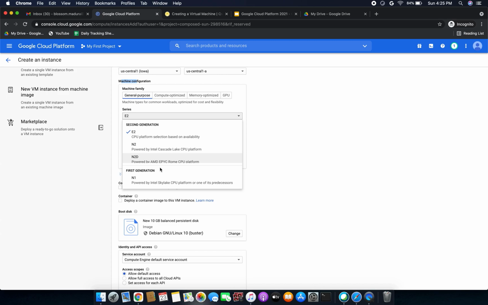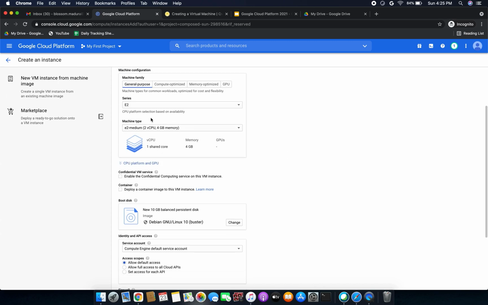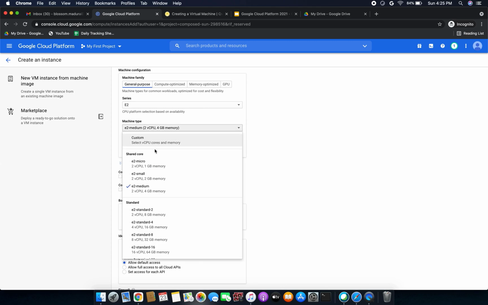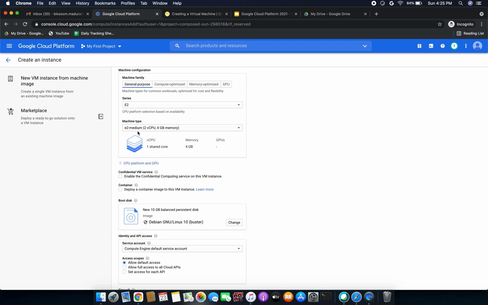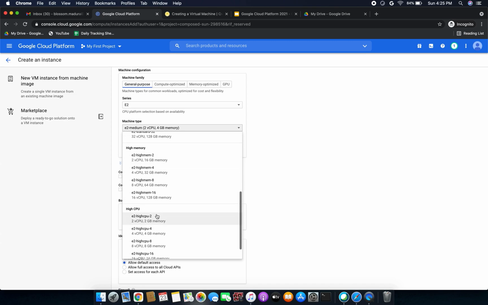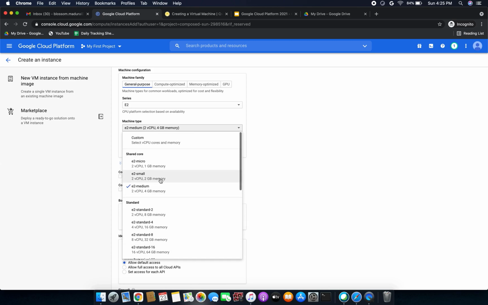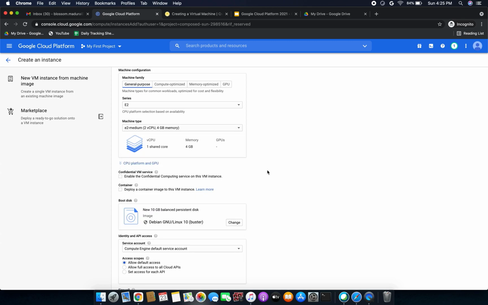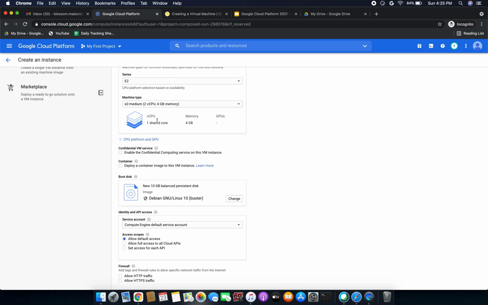In second generation we have E2, N2, and in first generation we have N1. Then next we have the machine type. Here we have custom, shared core, standard, high memory, high CPU. It's based upon your requirement, we can select. Now I am selecting E2-medium, 2 virtual CPU, 4 GB memory.